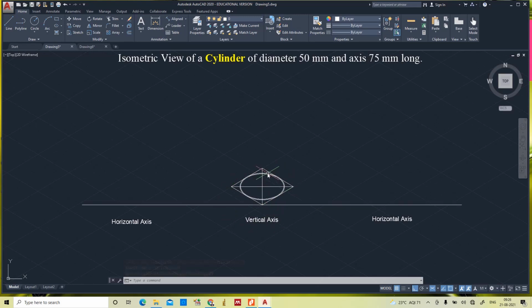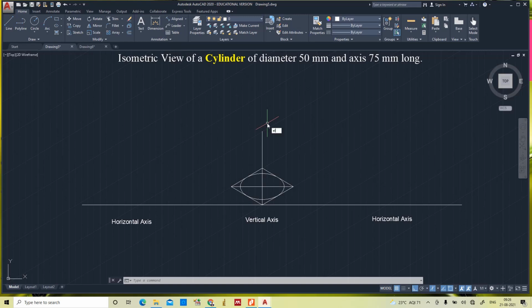So this is the lower base of the cylinder, and now we will draw the axis line. Change the plane to left or right. From the midpoint draw the axis of length 75 mm. Yes, this is the axis, and here we will have the upper base, which is circular in shape.